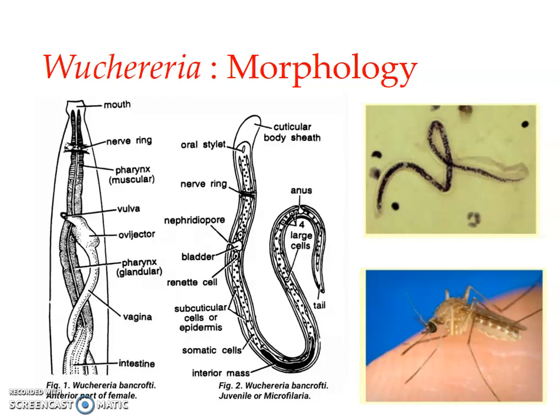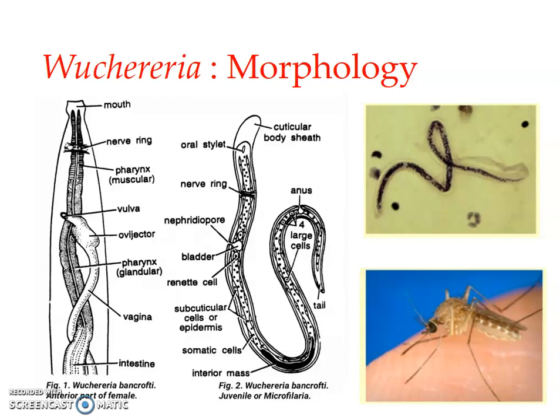The filarial worm is a dreaded human parasite, and it is a digenetic parasite. That is, it completes its life cycle in two different hosts. The final host, or where the adult filarial worm is found, is the human. Then the intermediate host is a blood-sucking insect. Usually, it is a mosquito, Culex or Aedes mosquitoes.